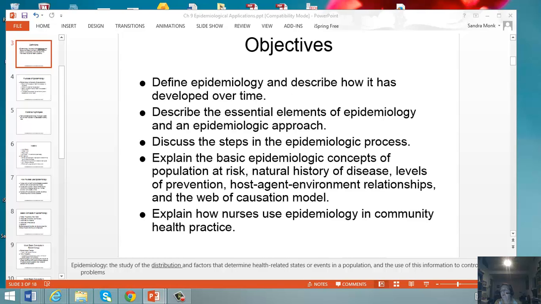The objectives today: we're going to define epidemiology and describe how it's developed over time, and then describe the essential elements of epidemiology and an epidemiological approach. We're going to discuss the steps of the epidemiologic process and explain basic concepts related to populations at risk, natural history of diseases, level of prevention, host-agent-environmental relationships, and the web of causation model. And then we're going to look at and provide some examples of how nurses use epidemiology in their community health